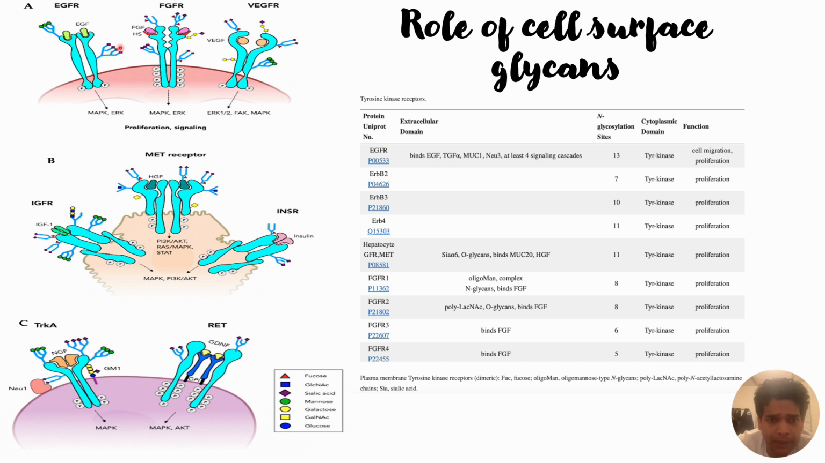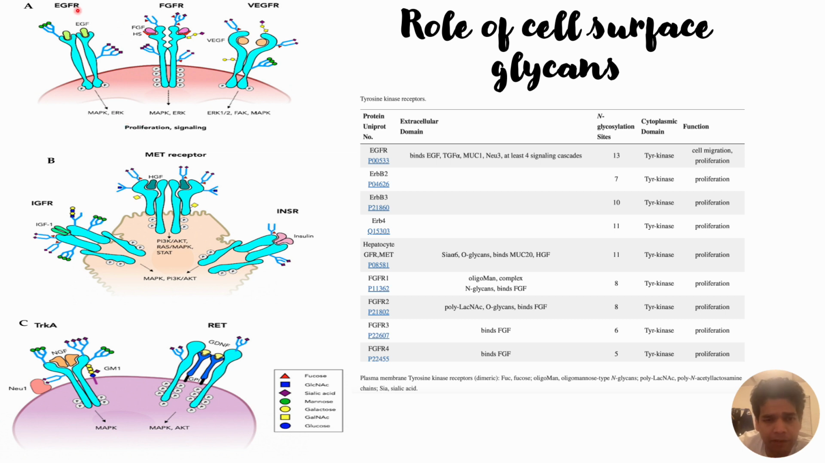Here, for the representation, only a few glycans are shown, but actually this EGFR has more glycans, and that information is available in this table. For example, this EGFR has 13 N-glycan sites, and when the receptor gets activated through the extracellular matrix, it will trigger phosphorylation and dimerization in the cytoplasmic and cytosolic part, and thereafter it will trigger the signaling pathways such as